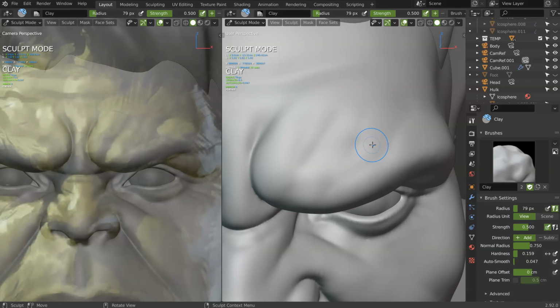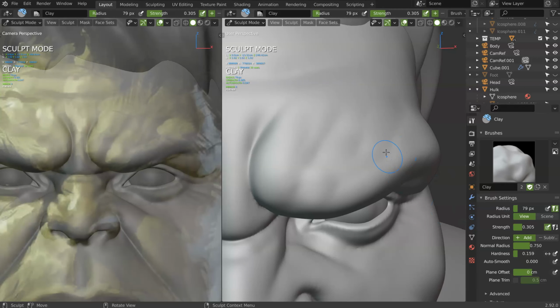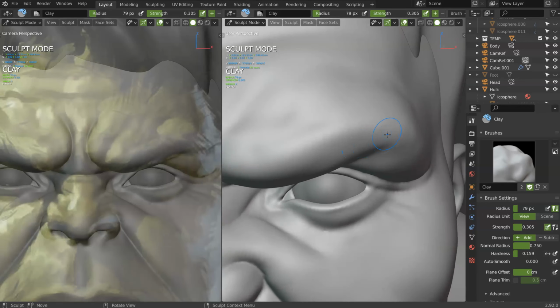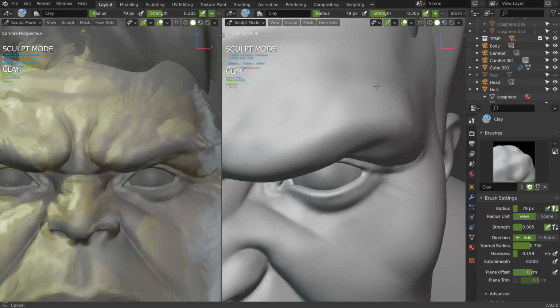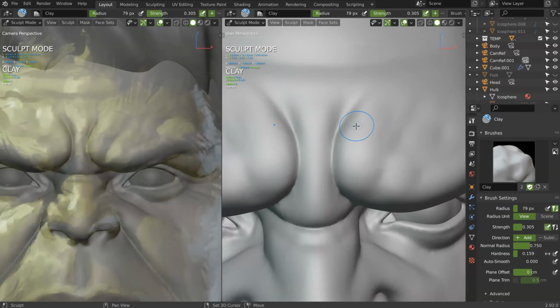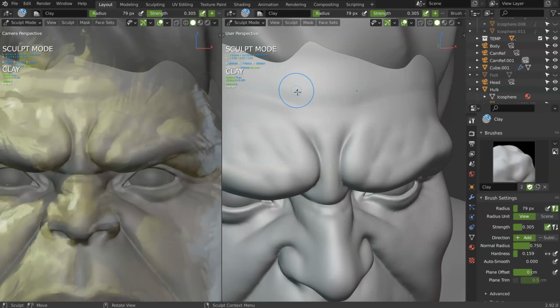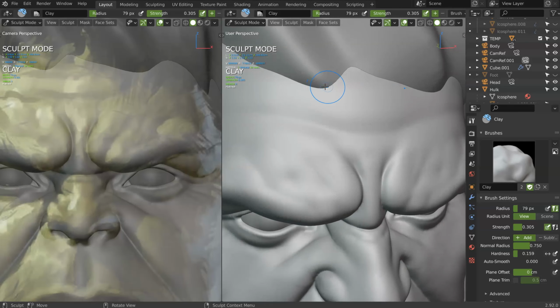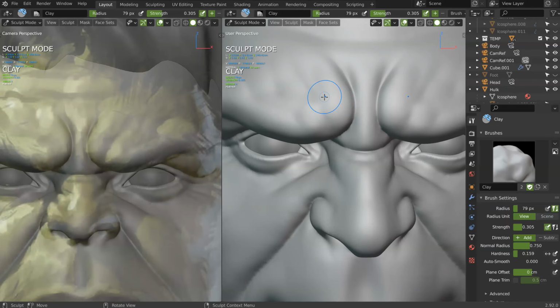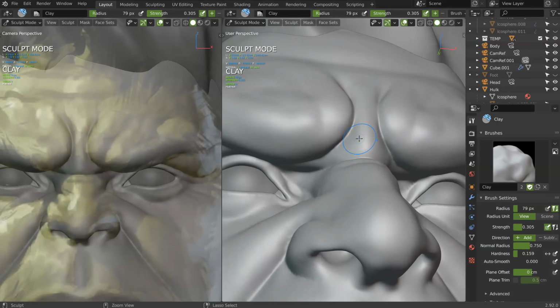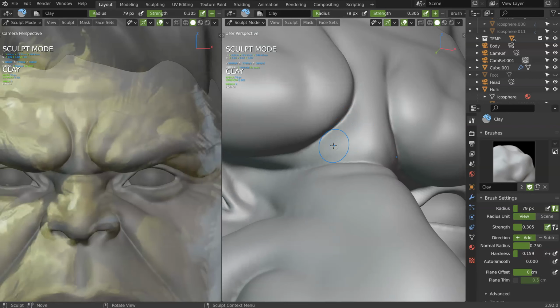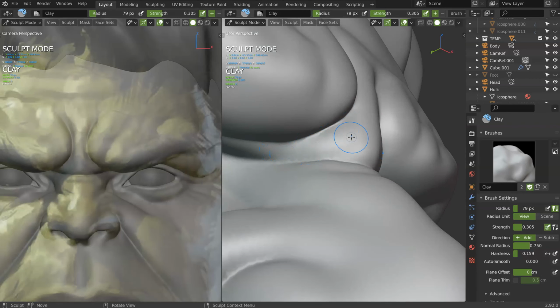Shift F. Maybe let's remove the smooth on this one. And just like that, as you can see, I can add my details. So, yes, there are some issues here. Let's round this part.